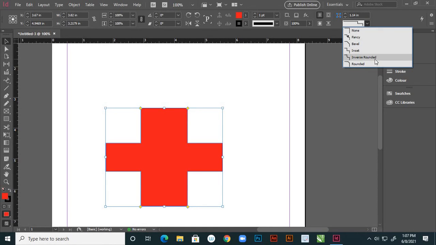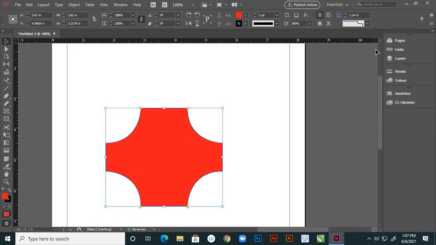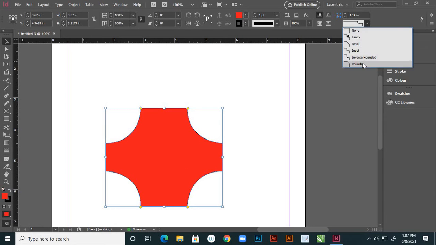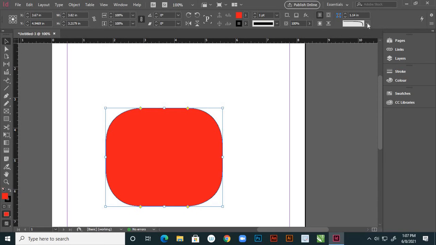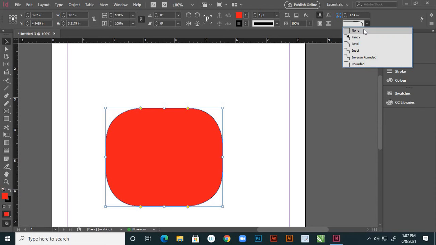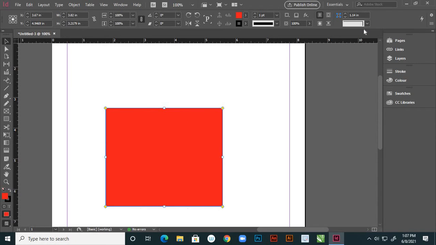Next, inverse rounded. So this is inverse rounded, and this is rounded, and here none, which is not required. So by using this point, you get these options, right?